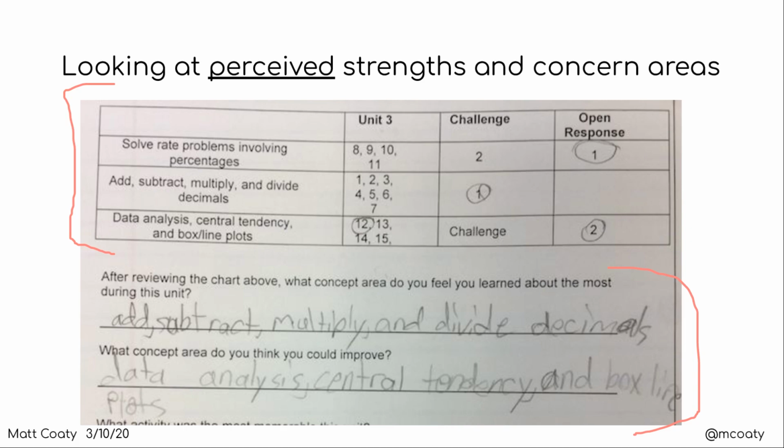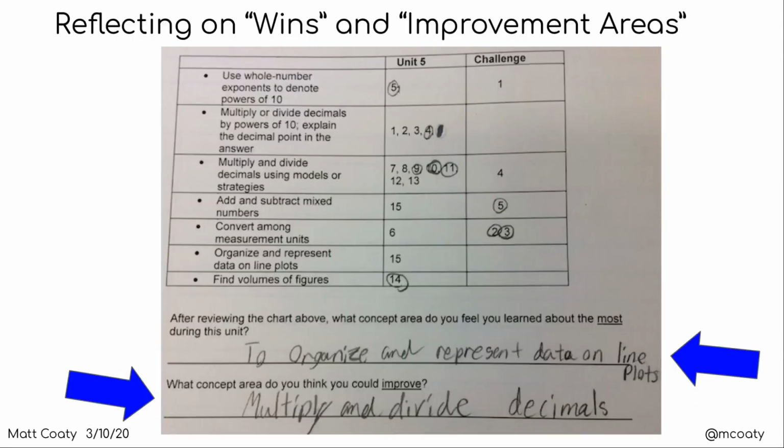And the emphasis I have is on perceived strengths. So this is from the student's perspective. And I try to stay out of this as much as possible, because you know how quickly students can change their mind when a teacher says, well, no, I think you need to work on this. And so for some students, then they gravitate towards that aspect. So I want the students to perceive and look at where they feel like their strengths and concern areas are.